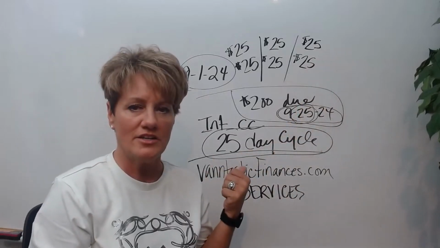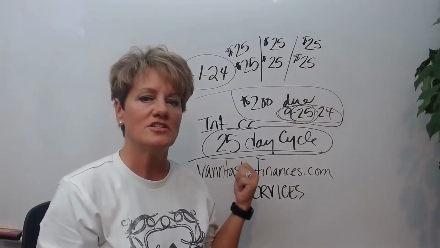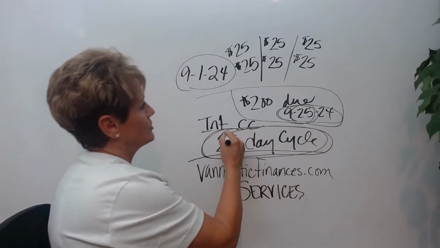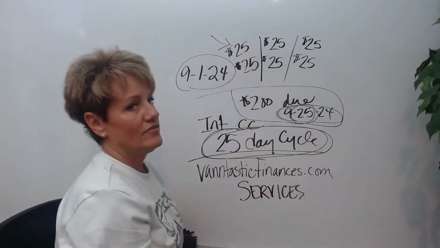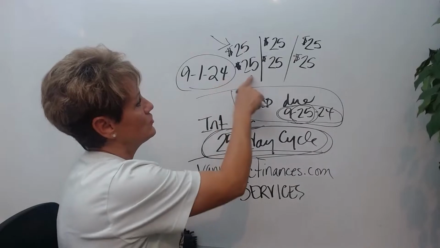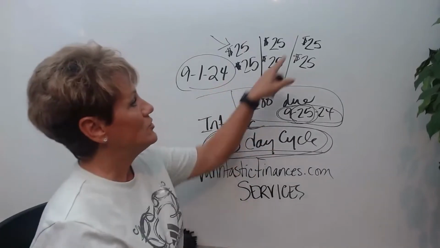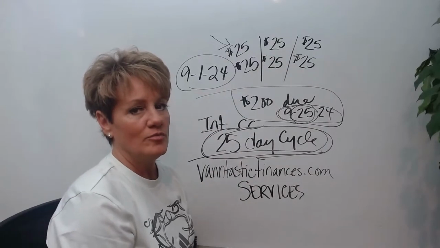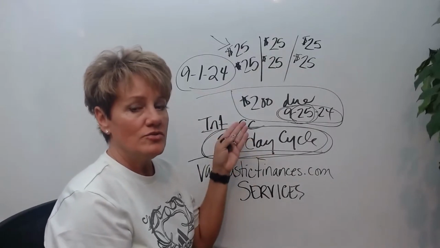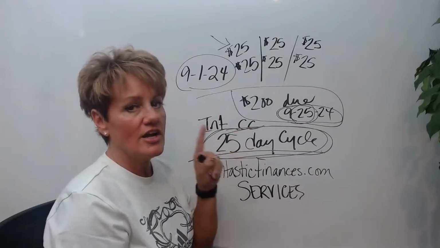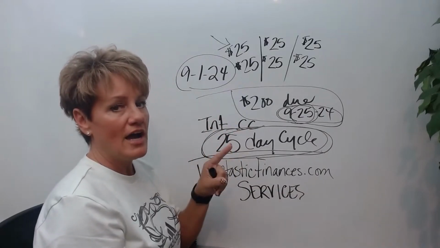Why does this make a difference? Why would this make a difference to a credit card company? Well, this 25-day cycle just got reset with that first $25. Then you reset it again with 25 more a few days later. Then you reset it again, 25 more a few days later. You could do this in $10 payments. You could do this in $50 payments, just as long as you meet the minimum due by the due date.